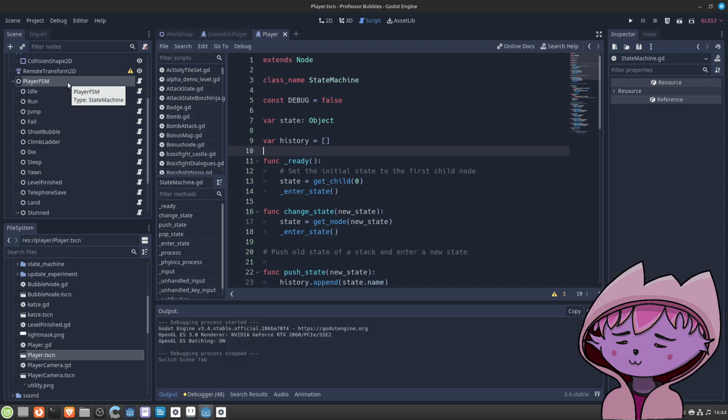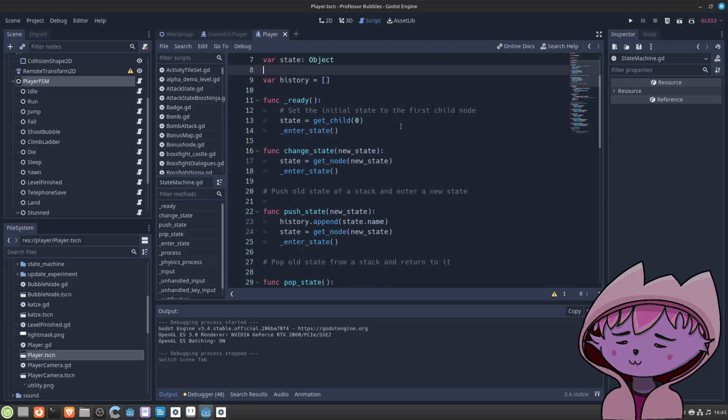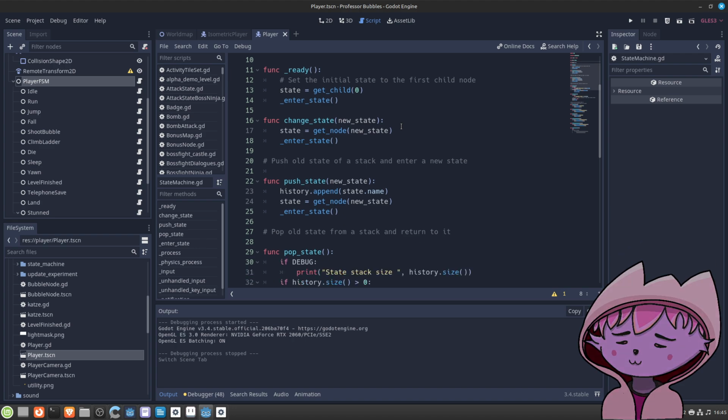This state machine is simply a pile of nodes. We have one parent node, which is the orchestrator, player FSM. It has its own script, its own class. And then functions which take care of changing states.